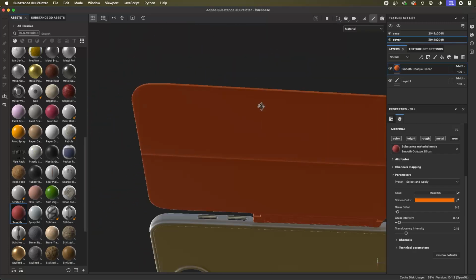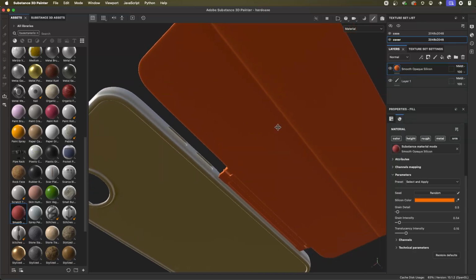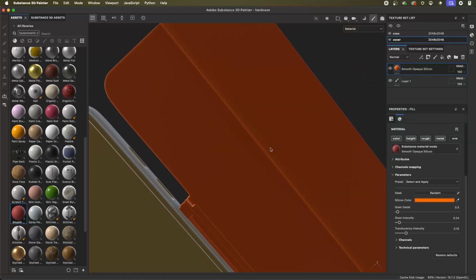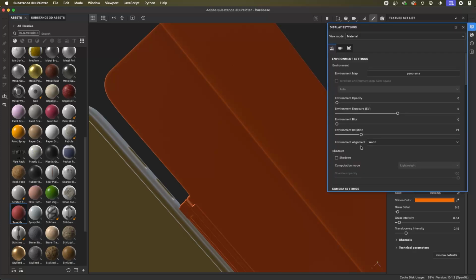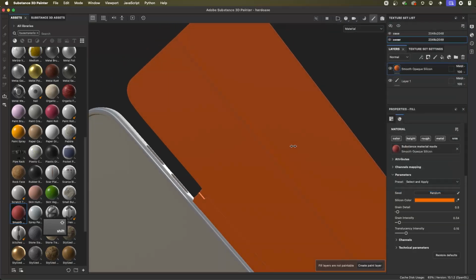And this is something you'll do a lot. You're pivoting and moving around the 3D object, and this is super annoying because of how dark it is. Well, what you can do is come over here to your display settings once again, and there's an option right underneath the rotation called environment alignment. It's set to world by default, but what I almost always do is keep this set to camera. And what this means now, if we just go back and I adjust my light,